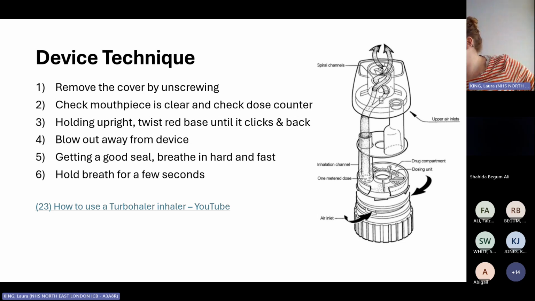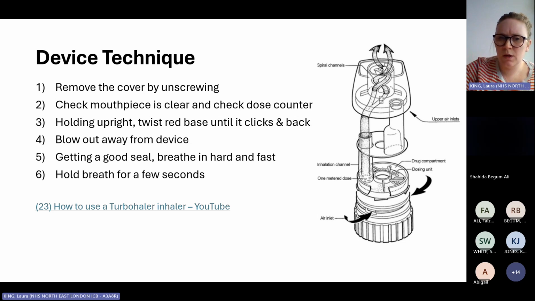So the company will send you, if you ask them, and I can certainly provide details, some training devices. So we've got a placebo Turbohaler here. Gosh, it's stuck. See-through, which is really nice. So wherever you work, you can request those. What's quite nice is hopefully the young people can see how it works, and you can see the dose counter as well. I think you can see that it goes red.